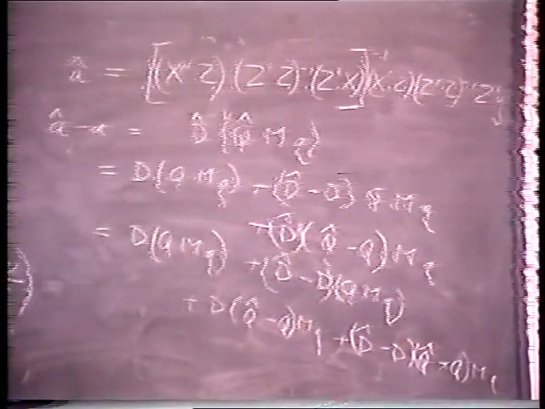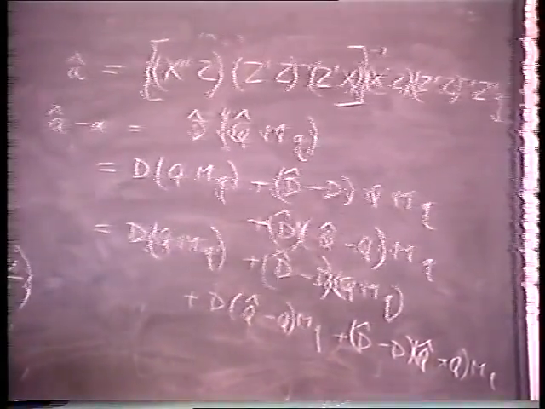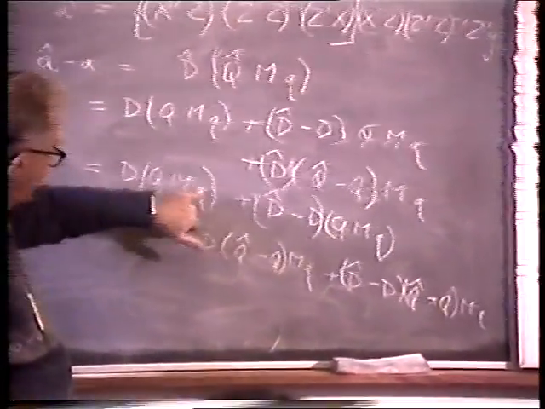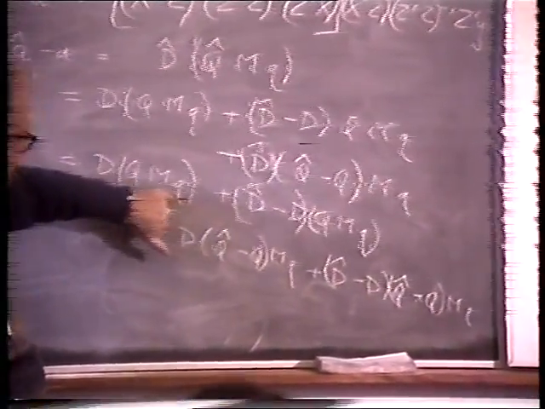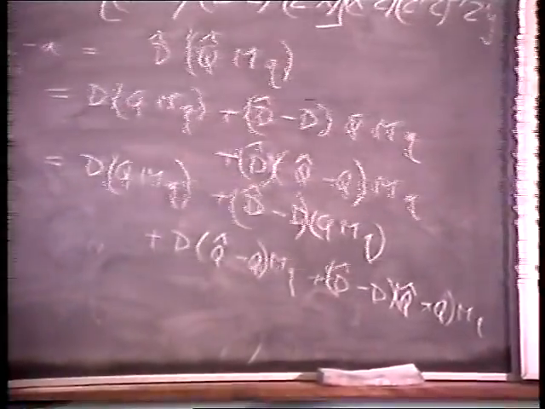Well, the point of that manipulation is to notice that, first of all, the first term here is linear in the q and delta q,